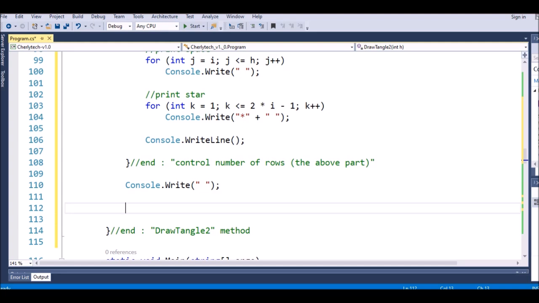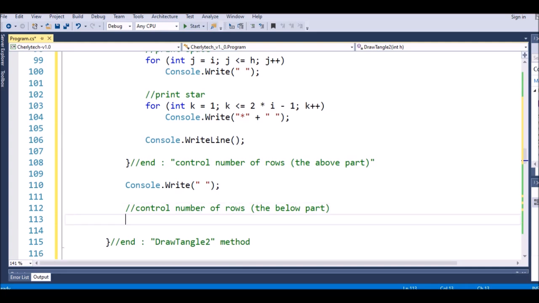So next we're going to control number of row, control number of row, and we say here the below part, right? That is